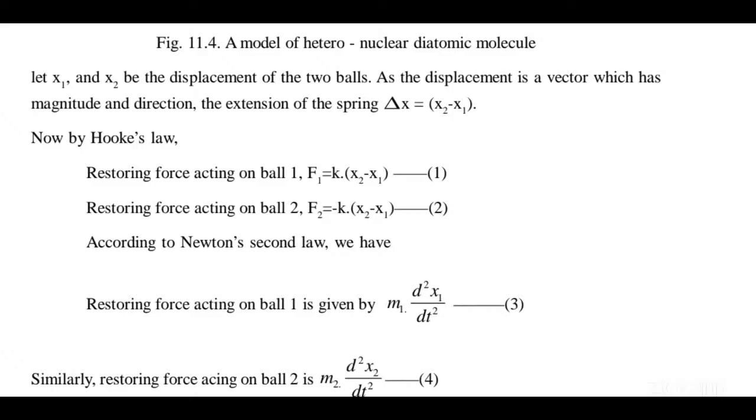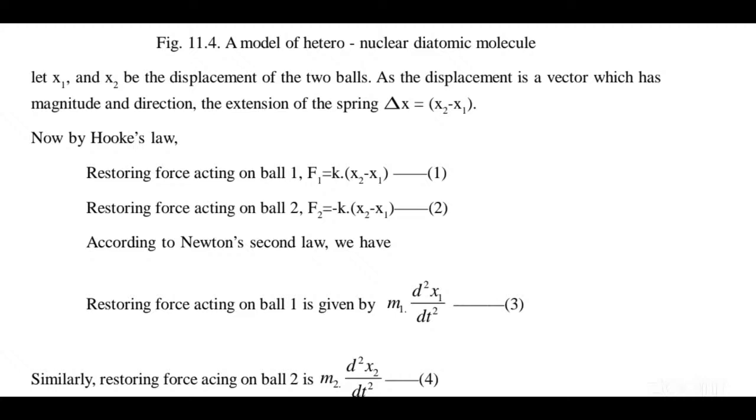The restoring force F1 equals K times (x2 minus x1), which we take as equation 1, and the restoring force acting on ball 2 is F2 equals K times (x2 minus x1), the same. So the same restoring force is applied. According to Newton's second law, the restoring force acting on ball 1 is m1, the mass of ball 1,